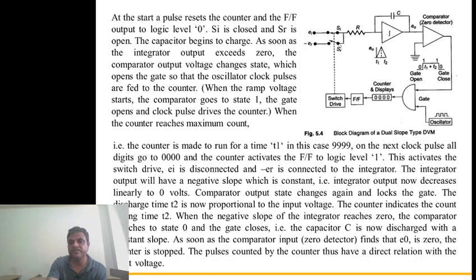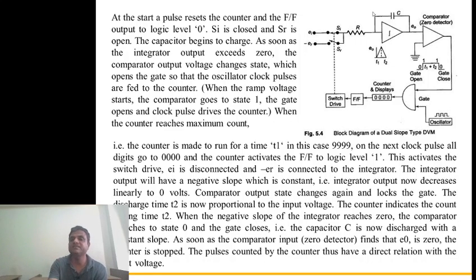If this particular switch is closed, the input is minus ER, and this capacitor is already charged in the previous cycle. It means that the capacitor is discharging, because the output is connected to the reference voltage, which is 0, and here the input is at the negative level. So this capacitor starts discharging. In the first time interval T1 this capacitor charges, and in the second time interval T2 this capacitor discharges due to the potential difference available at the input and output terminals of the capacitor.